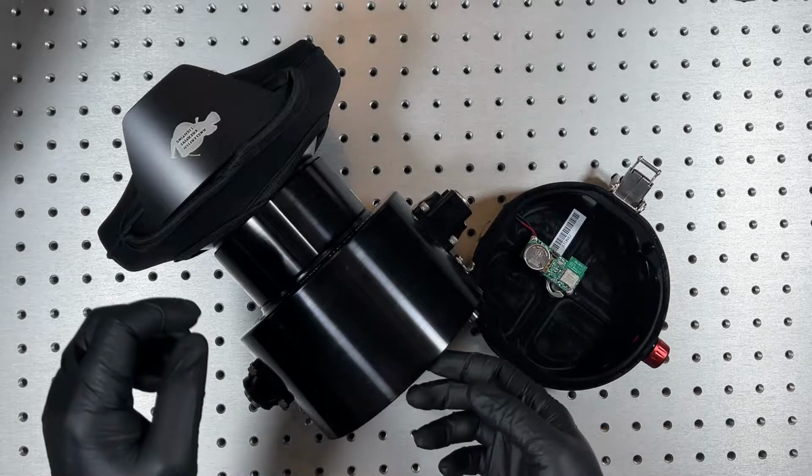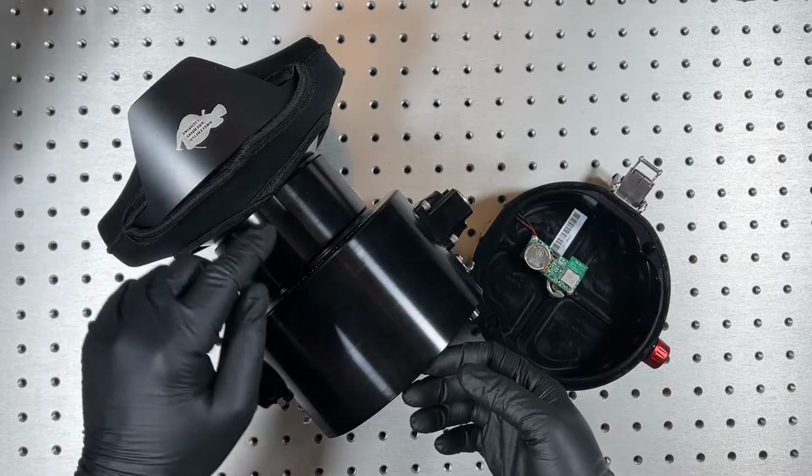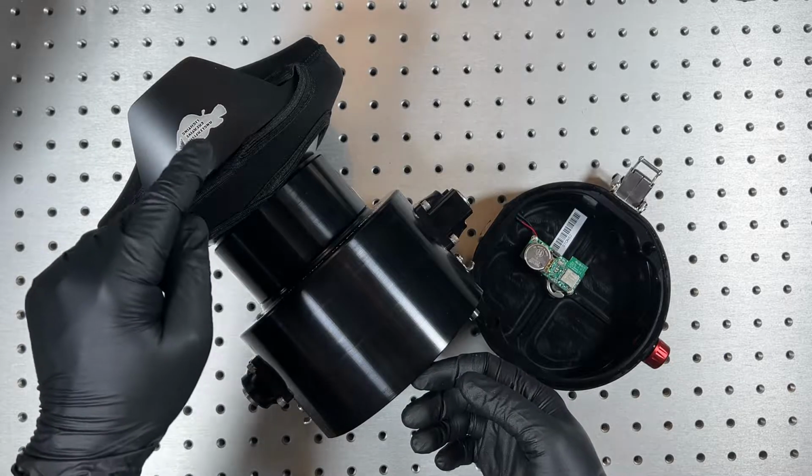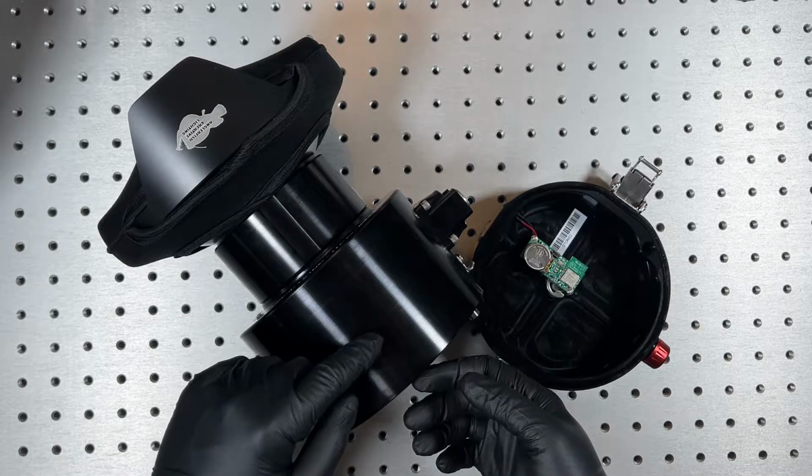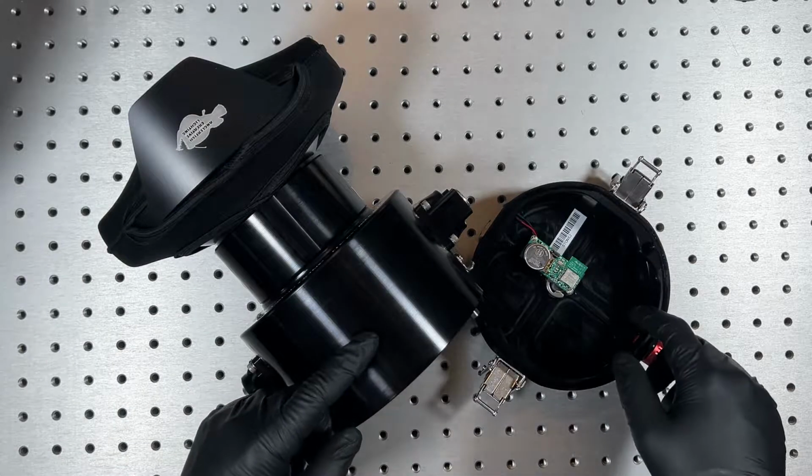In this video, we're going to demonstrate how to remove the extension tube and the wide angle dome port from the Panasonic BGH1 housing. With the back open,